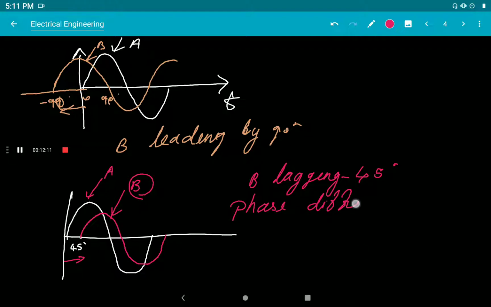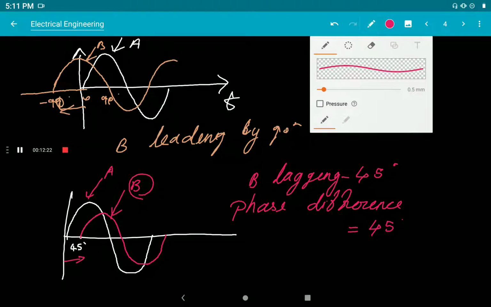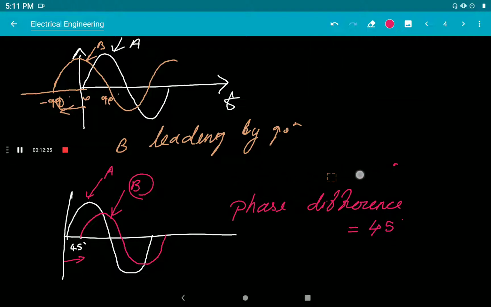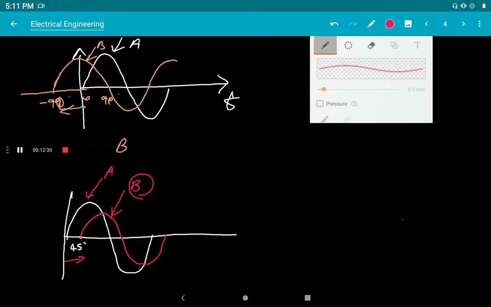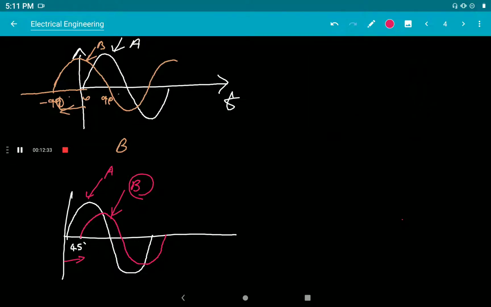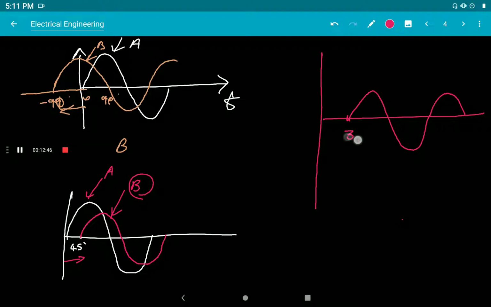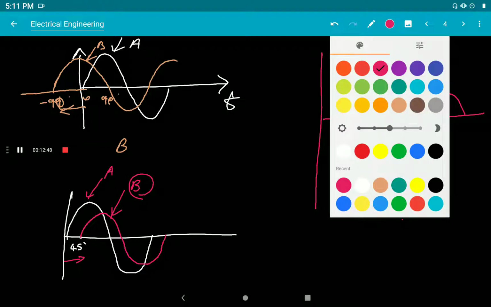Phase difference is equal to 45 degree. Okay. So another one. I am drawing another waveform here. A waveform starts at 30 degree. Okay. And another waveform starts from